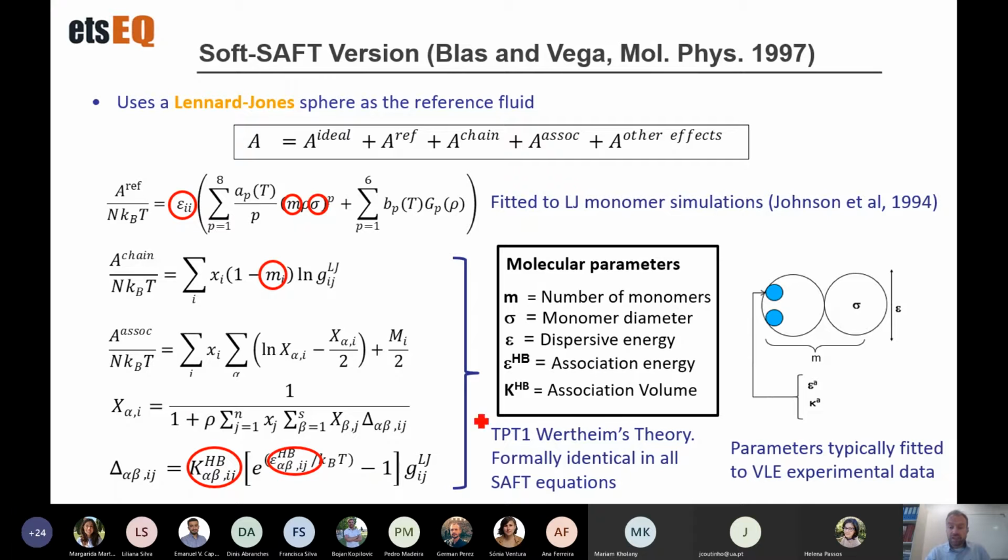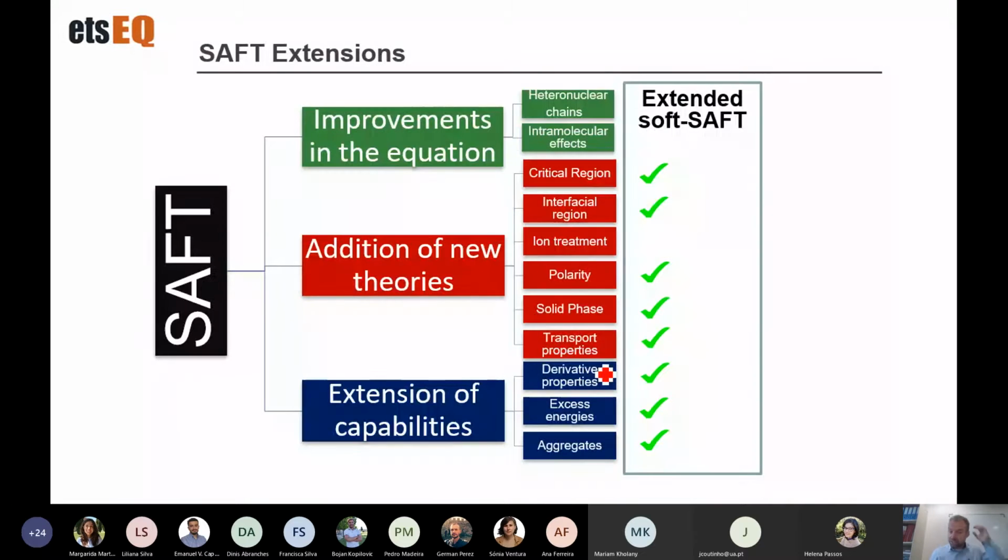Once you have your parameters, you need vapor-liquid equilibrium data. Typically, you can also use other sources, but typically vapor-liquid equilibrium data is used to fit these parameters. Another interesting thing about this type of equation is that you can improve the SAFT by either